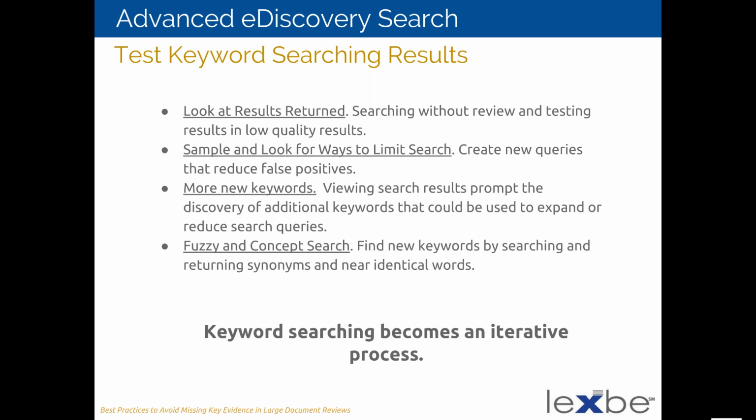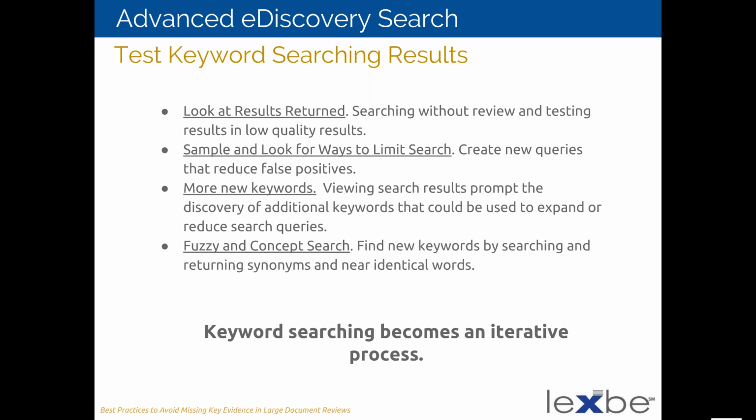This plays into the next thing, sampling and looking for ways to limit your searches. You can do those queries with the Boolean function, like I mentioned. You can use wildcards. You can use the limiters. And you can always create more new keywords. You can say maybe you talk to your custodian and you were using the wrong word and you want to try some different variations of the word to see if you'll find or reduce the amount of documents that you're getting. We talked about this idea of the fuzzy search for finding things that are consistently misspelled,